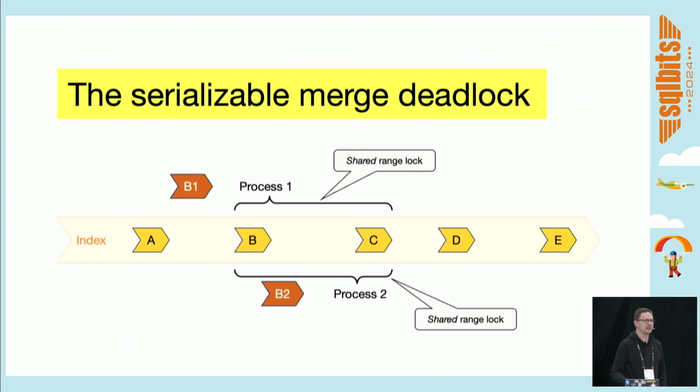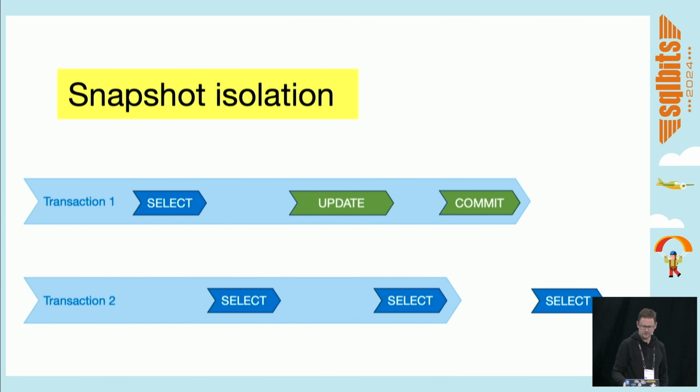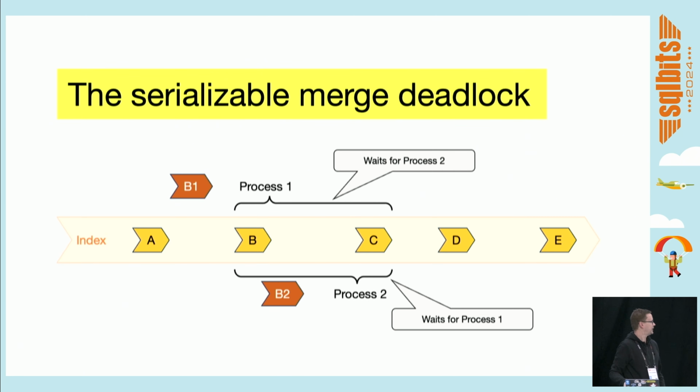By this time, B1 has figured out that that row doesn't exist, so we're going to insert it. What happens when we insert a row? We need to upgrade that lock to an exclusive range lock. Now we're going to actually do some damage, so we can't have a shared lock. We need to have an exclusive lock. But we can't upgrade the shared lock to an exclusive lock until B2 has left the shared lock, because exclusive is really exclusive in that sense. Now these two are waiting for each other, even though they're separate rows with separate IDs, and they're going to deadlock.